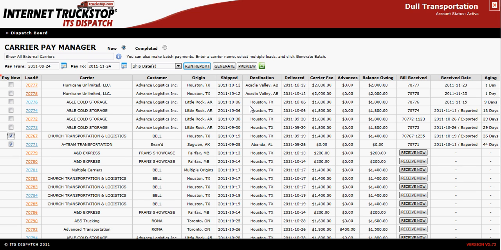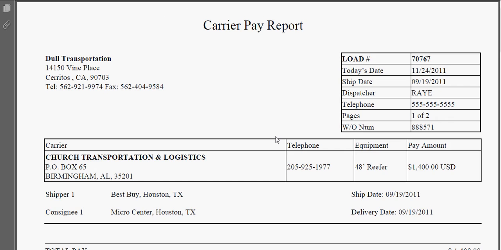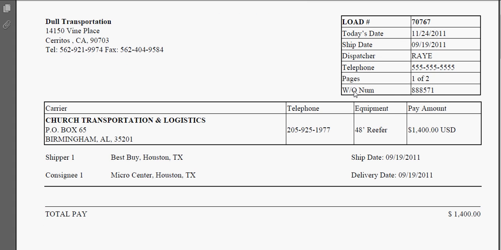To create a carrier pay report, first I want to make sure everything is correct, so I'm going to preview the information and open up the PDF, and there's my information. It will have my company name in the upper left-hand corner, the load number, today's date, the ship date, the dispatcher that physically booked the order, the telephone number, how many pages we're printing, and the work order that was